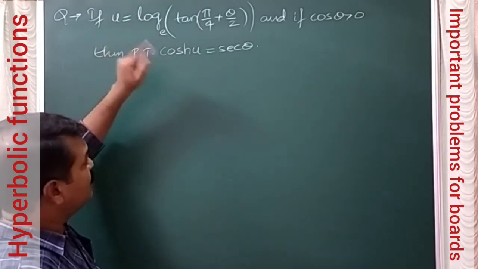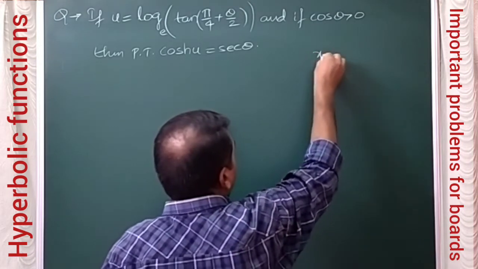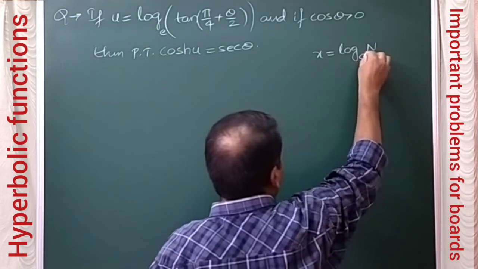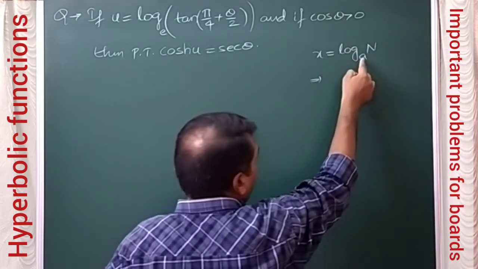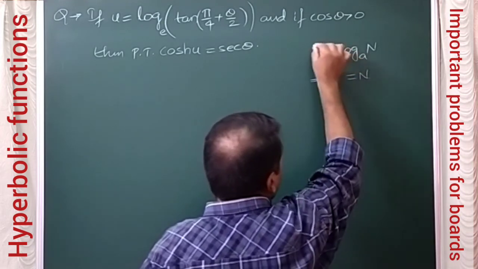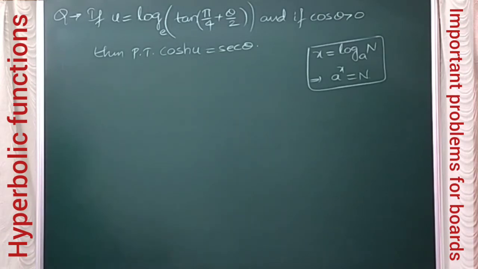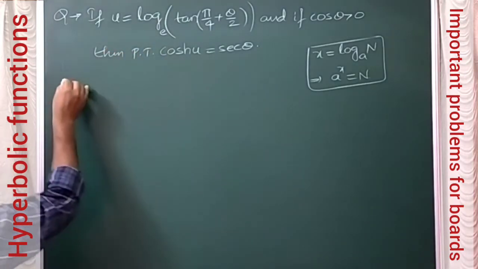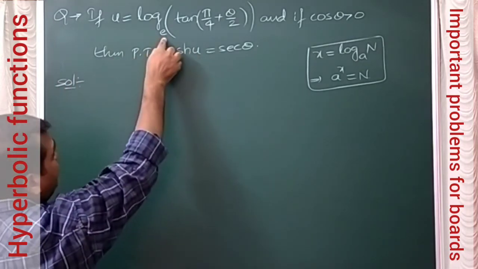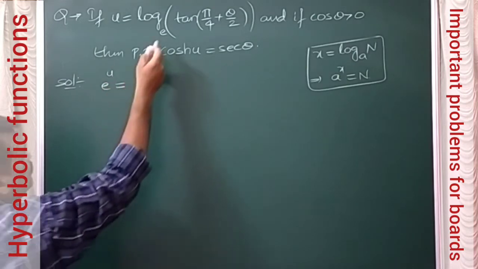Using this condition and logarithm properties, we know that if x is equal to log n to the base a, then a power x will be equal to n. So this is the basic property of logarithms. Using that property, we can write e power u is equal to